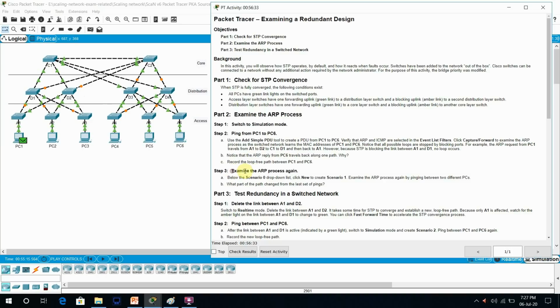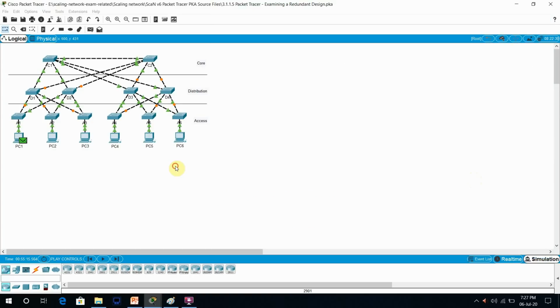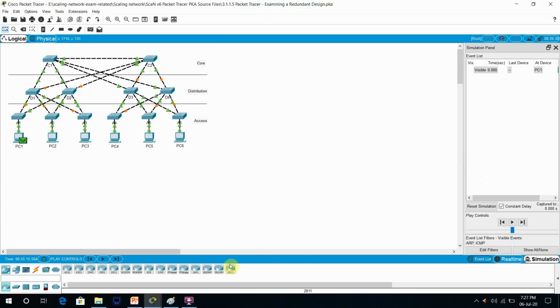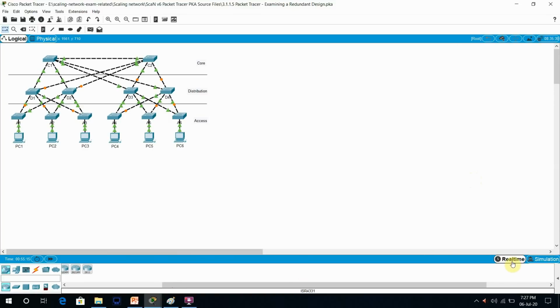Okay, so examine the ARP process again. Below the scenario 0 drop down list, click new scenario 1. Examine the ARP process again by pinging between two different PCs. Okay, event list. Now this is simulation mode, real-time mode.